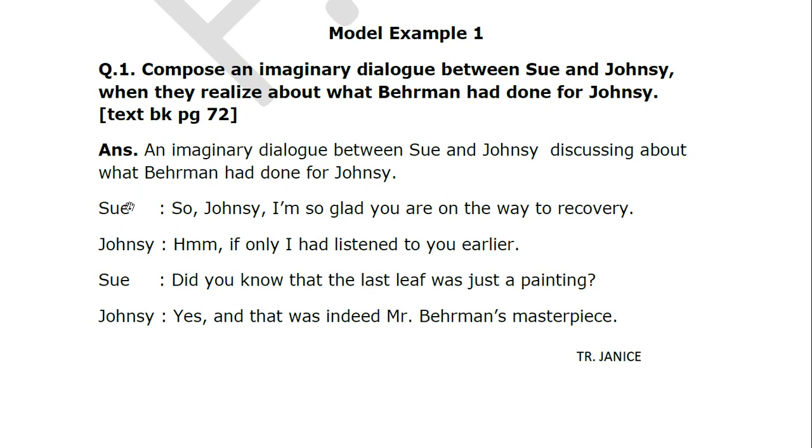Now, I did not write Sue and make the two dots as soon as the word Sue is over. Did I make the colon over here? No. You have to analyze the two names being used over here. One is Sue and one is John C. Which is the longer name? John C. So you leave a space after the last alphabet and make the colon over here, and accordingly you will make the colons above it. Clear? So your colons should be aligned, not one ahead and one behind. It should be in one line like this. Clear? That's the way your dialogue should be.